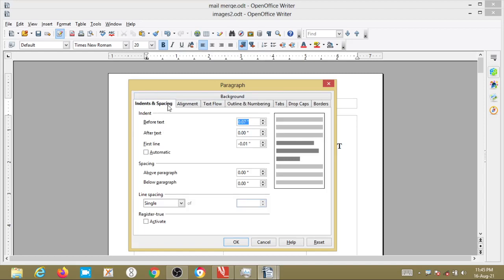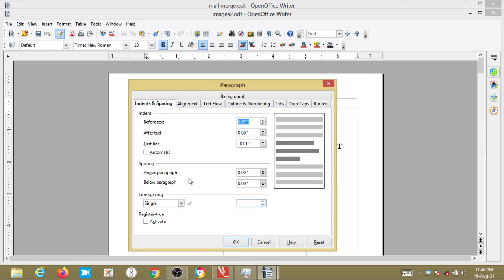Here in indents and spacing, see, before text how much gap has to be there and after text how much gap has to be there, that will be specified. If you increase that from the border, before the text, it leaves a certain gap, how much you have specified, that much gap is placed. If you don't want any gap, you can decrease the spacing. So that is indents and spacing.